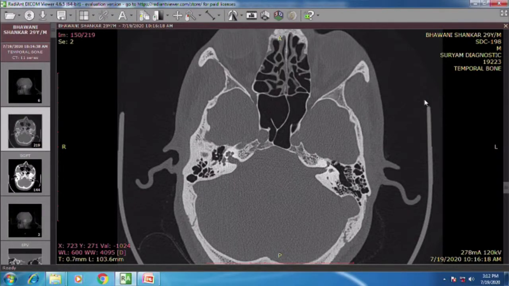So in the last webinar also all 3 cases were different. The first case had a difficult foot plate. The second case had a difficult incus, and the third case was most favorable, wherein we did a reverse stapedotomy without laser. So every condition is different, and to give more and more opportunity to interact with different situations, these are 3 cases. So first case I am going to show you right from the beginning with flap elevation and all. Rest 2 cases will show in between.